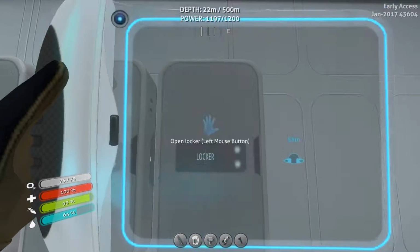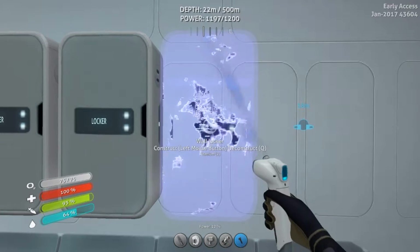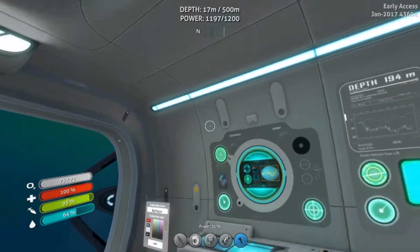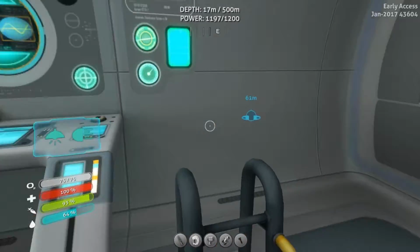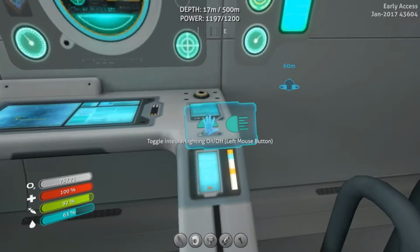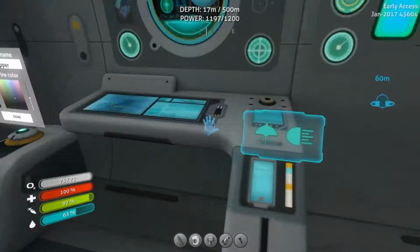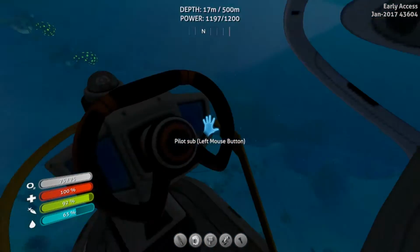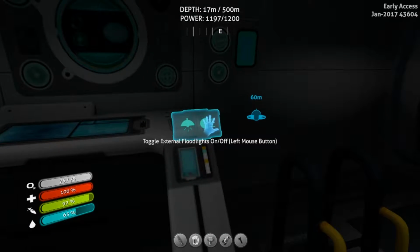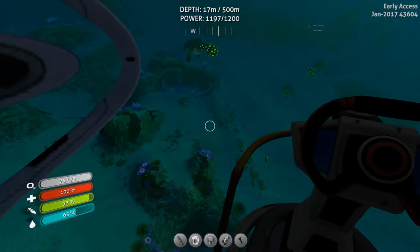Alright, one more titanium. Or one more quartz, I mean. So we got that. Alright, so we got that done. And you know what? It's supposed to be... there we go. So we'll turn the external lights off. Are they on or off? Looks like they're on. Yeah, maybe that's it. Okay, so now...